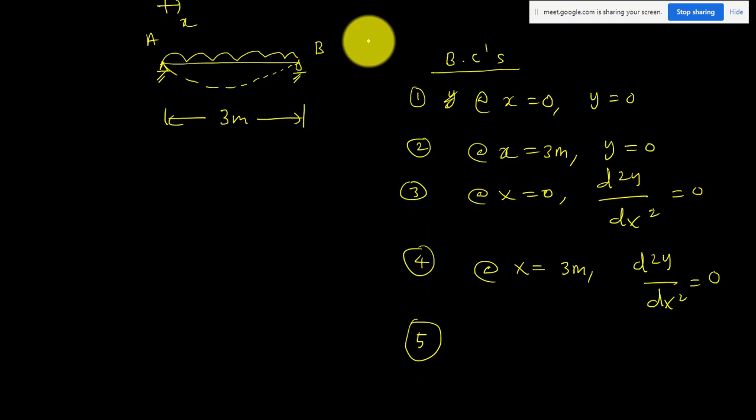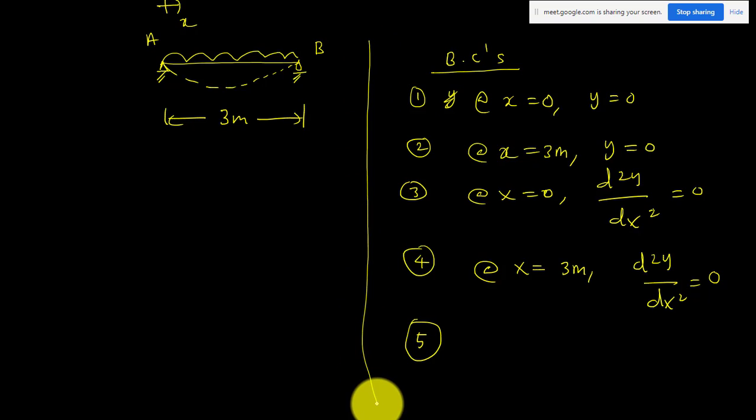So here I can get another boundary condition. It is not like I have only 2 boundary conditions every time, or 4. It is not like that. That depends on your question, that depends on your given beam. So here I can get another boundary condition, that is from the maximum deflection. If you see this beam, it is symmetric loading. Your deflection will be maximum at this point. In this case, maximum will be at the center.